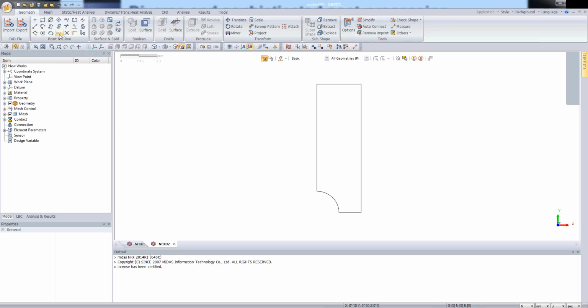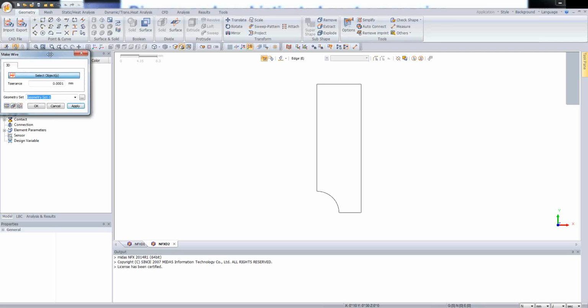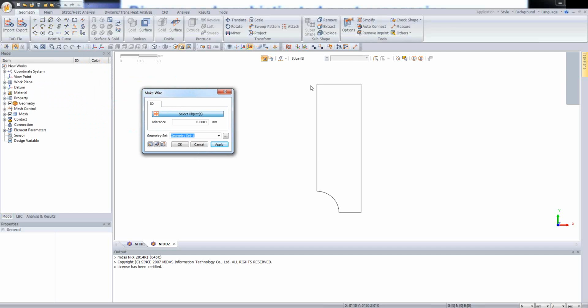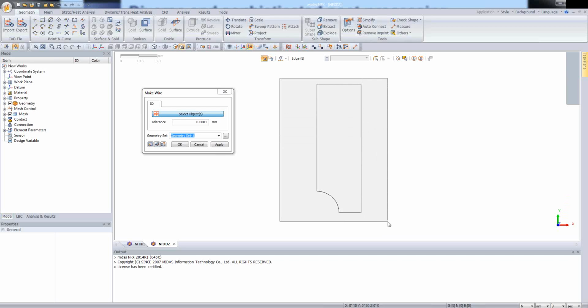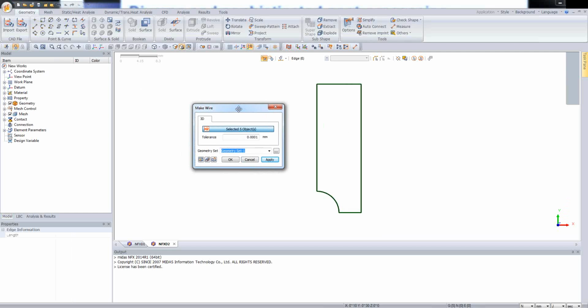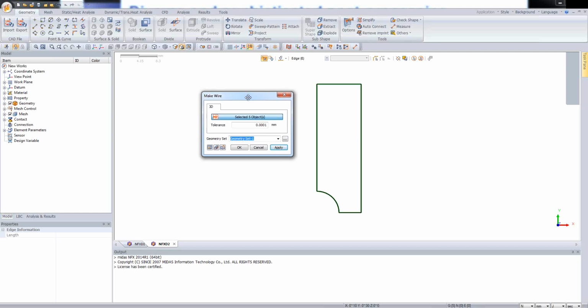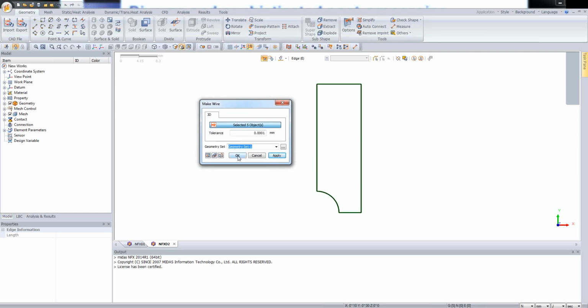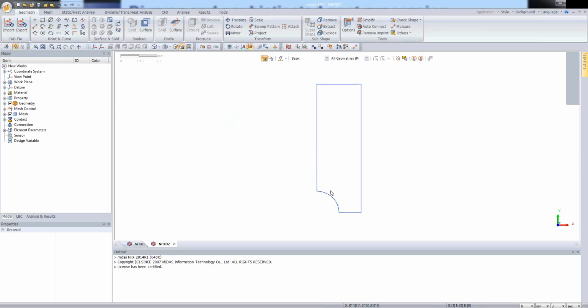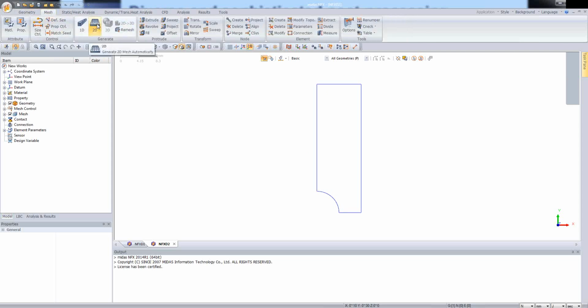So at this moment I'm clicking on the make wire option, and I can create the face or region if I want. In this case, let's create the region. So this, let's say, geometrical object will not be a face, but according to this region definition, it will be treated almost like a face for the meshing. So okay, let's click on that. So now instead of many edges, I have one continuous wire. Okay, so the geometry has been prepared, and right now I'm clicking on the mesh, generate 2D,